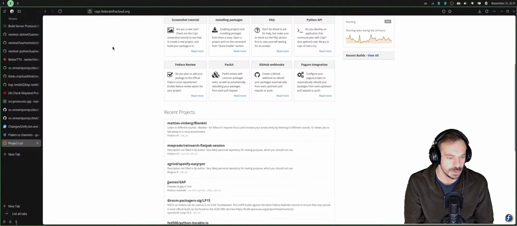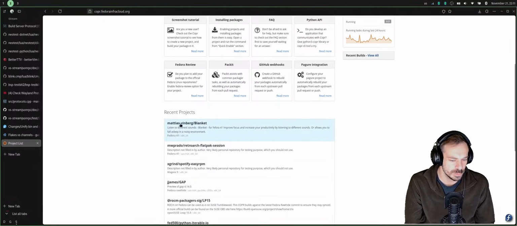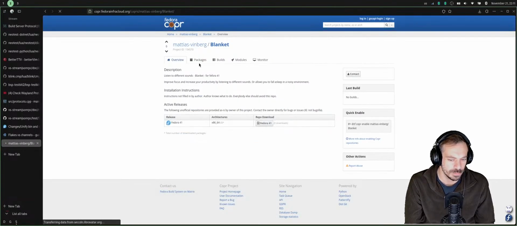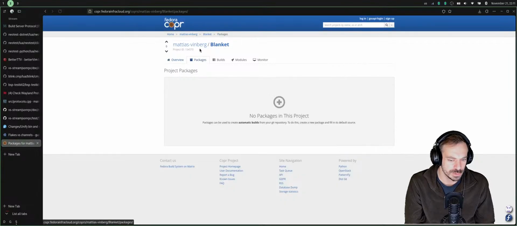Yeah, Copr is something like that also. You can have multiple packages in one Copr. It's like the package repository, kind of, I would say.